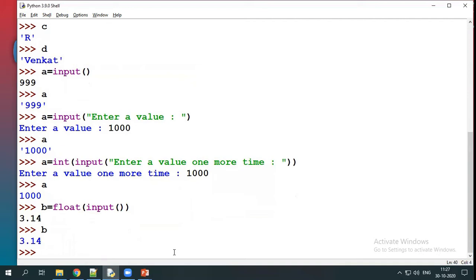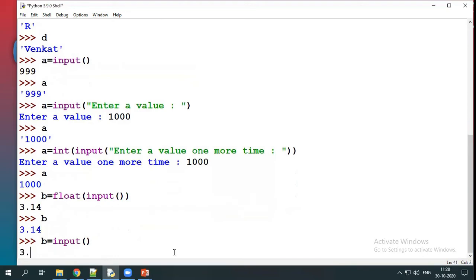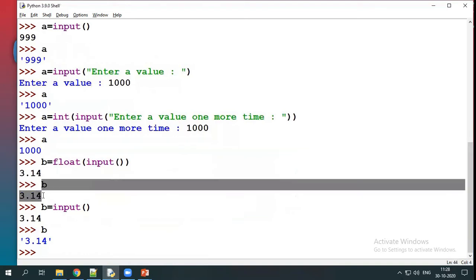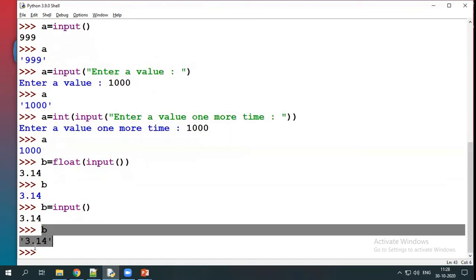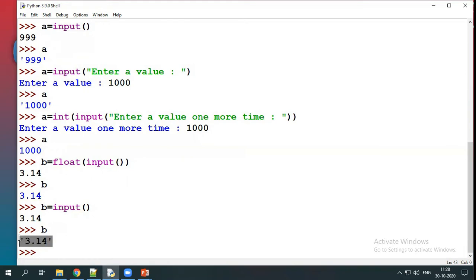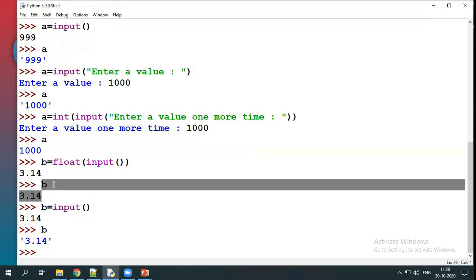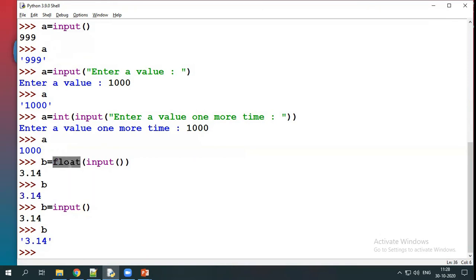Without any float cast, if you read directly with input, it will read, but it will read as a string. If I print b, look at that, b is equal to 3.14. Now b is equal to single quotation 3.14. So in this case it is read as a string, and in the other case it is read as a float because we already typecast to float. This is the way of giving input to our Python program. For example, multiple inputs I want to read.